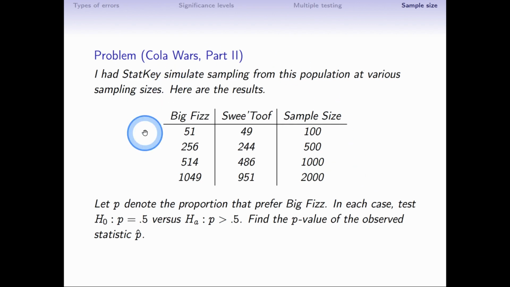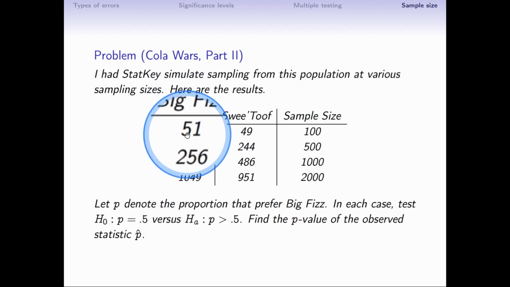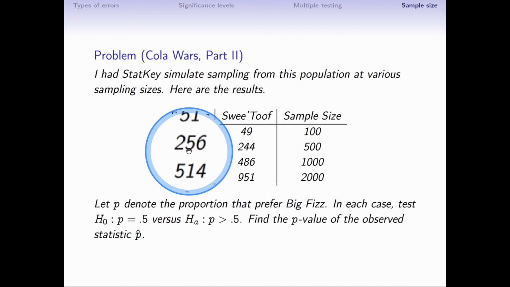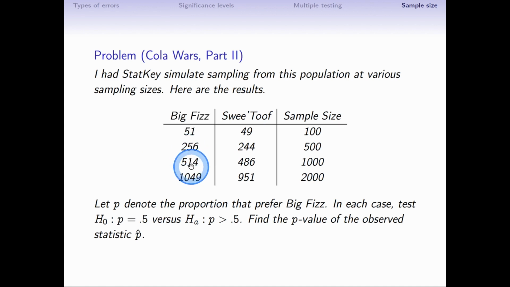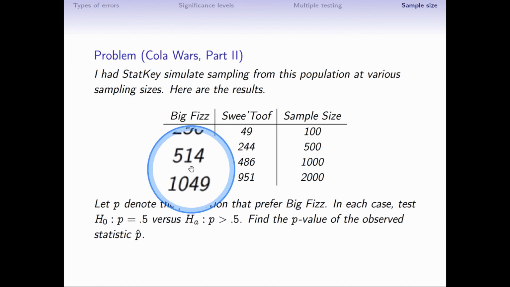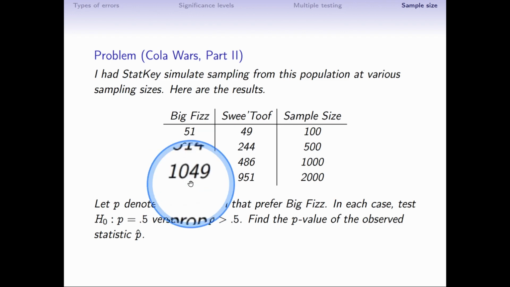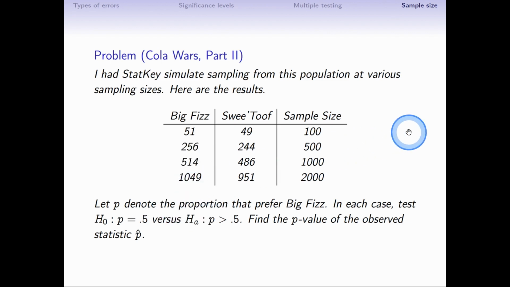When I did a sample of size 100, 51 preferred Big Fizz. When I did a sample of size 500, 256 preferred Big Fizz. For a sample of size 1,000, 514 preferred Big Fizz. And finally, for a sample of size 2,000, 1,049 preferred Big Fizz. Now, we have to imagine we're conducting this experiment not knowing what's actually happening in the